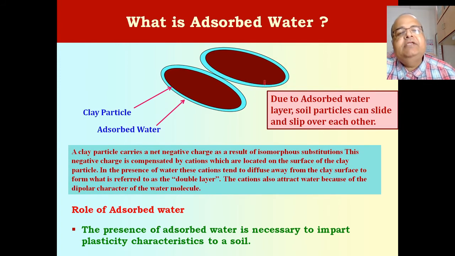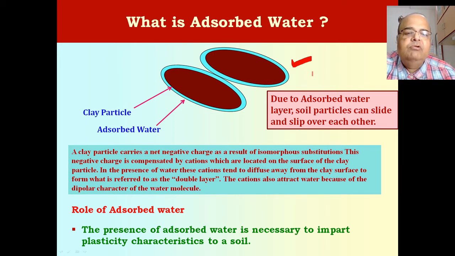See here in the sketch, say, if you take, for example, two clay particles. The clay particles are carrying net negative charge as a result of isomorphous substitutions, and this negative charge is compensated by some cations which are located on the surface of the clay. In the presence of water, these cations tend to diffuse away from the clay surface to form what is referred to as a double layer, and the cations attract the water molecule because of the dipolar character of the water molecule. Now, this is the double layer theory,